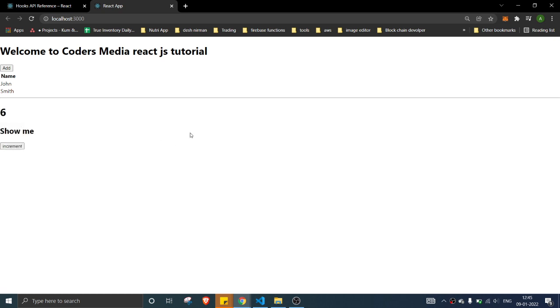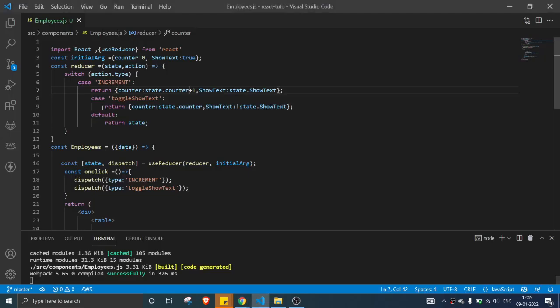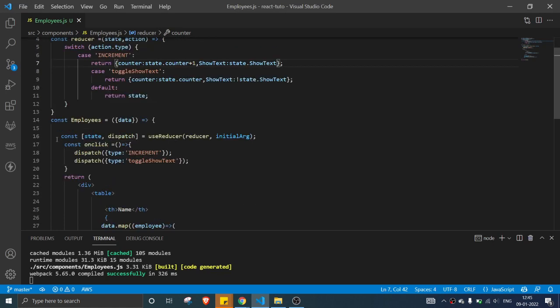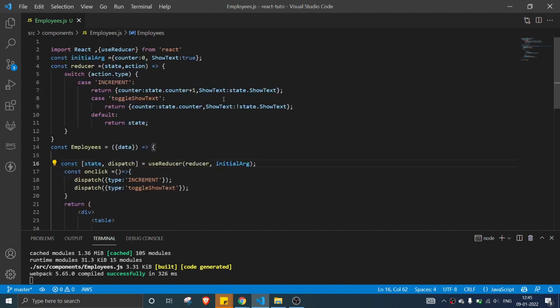Okay, cool. So let me quickly summarize. Instead of useState, we changed to the function called useReducer. With the help of useReducer, we no need to define multiple states. Suppose I have two properties for different actions, like counter and show text. I no need to have multiple states and update the state by calling multiple times.